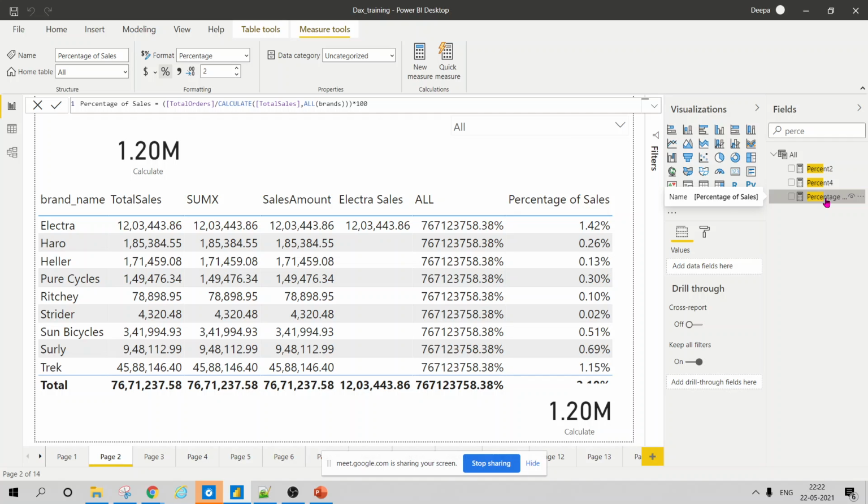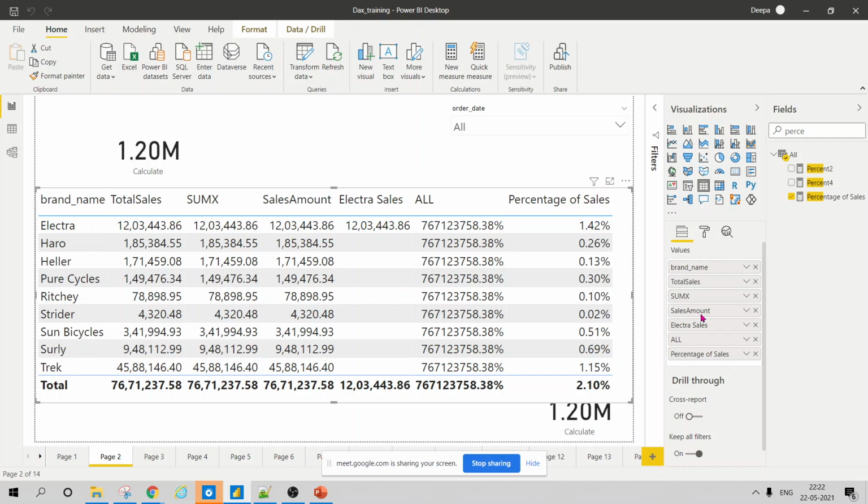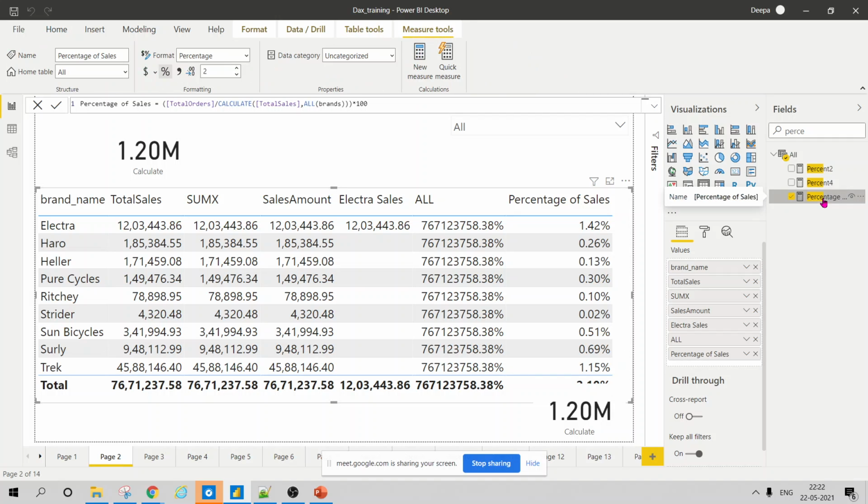I think the formula is percentage of sales. Total sales by calculate total order.